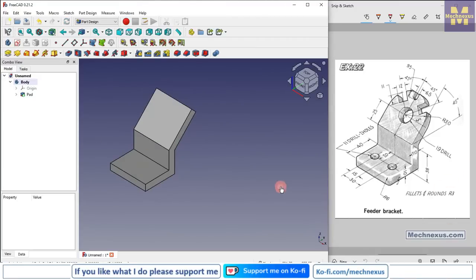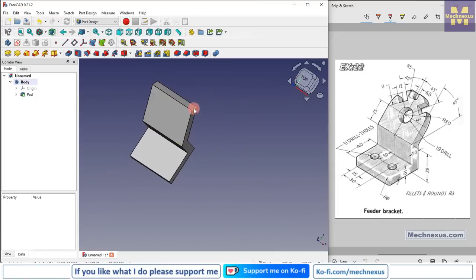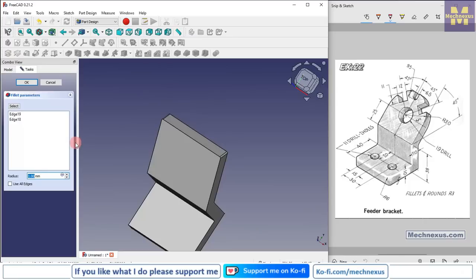Click on OK, and now we will add a fillet to this corner. So we will rotate our model, select the edge and press the control key, and click on fillet, and provide here 29.99,